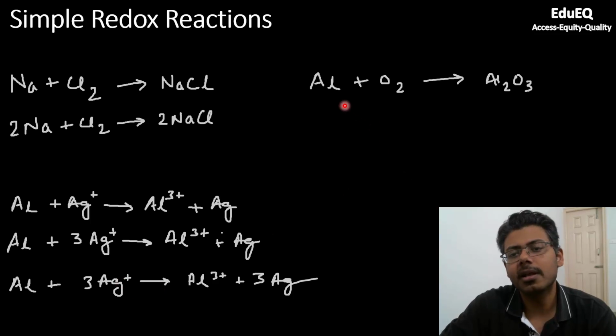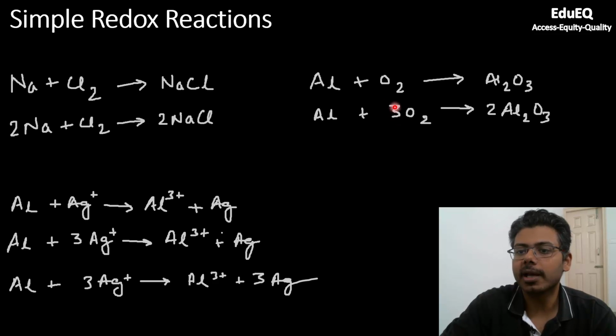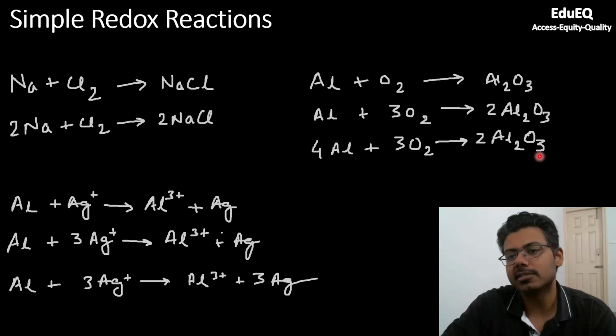Looking at more examples, aluminium plus oxygen will give alumina, or Al2O3. So what you will do here is, first you will try to balance the oxygen. When you try to balance the oxygen, you have 3 oxygens here and you have 2 oxygens here, so the balance can be 6, the least common multiple of 2 and 3. You multiply this oxygen by 3 and this compound by 2. So you have 6 oxygens here and 6 oxygens on this side, but you have 4 aluminium atoms now. So you have to multiply this aluminium also by 4, and then you get a balanced equation.